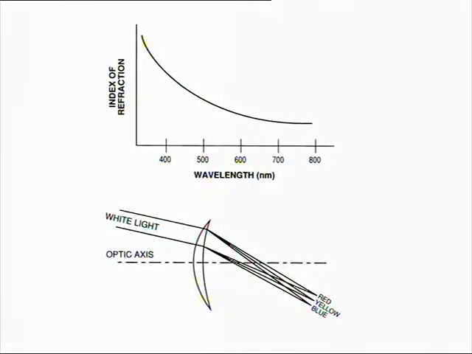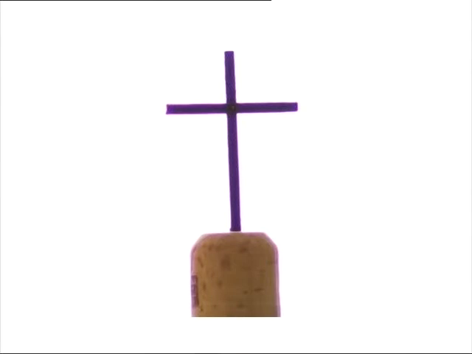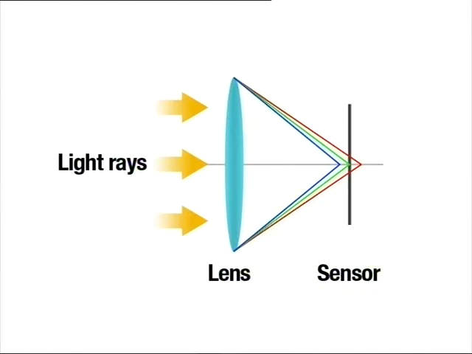It occurs because lenses have a different refractive index for different wavelengths of light. The refractive index decreases as the wavelength increases. Chromatic aberration is noticed on the fringes of color along boundaries that separate dark and bright parts of the image. Because each color in the optical spectrum cannot be focused on the same point, chromatic aberration can be corrected